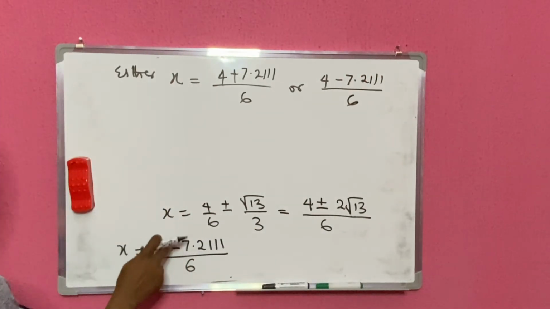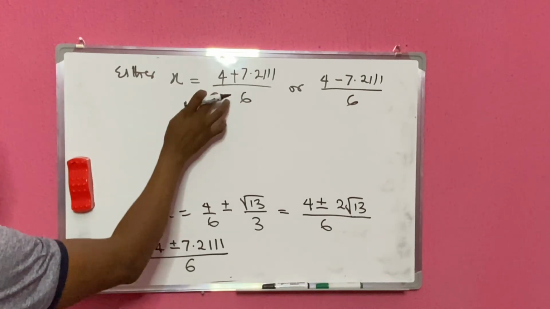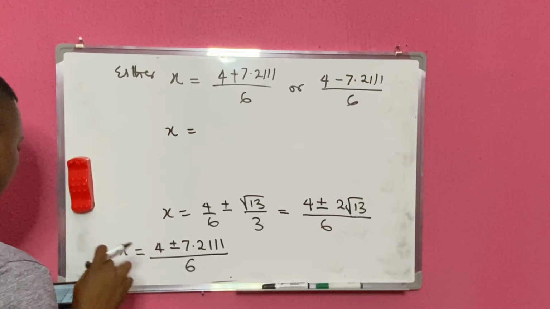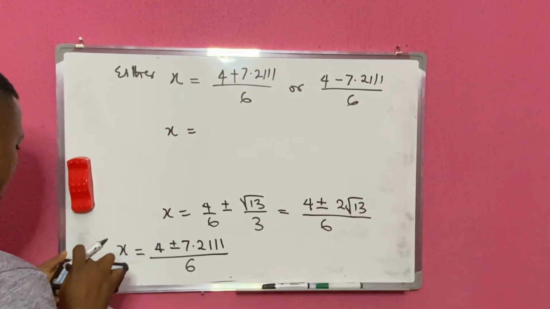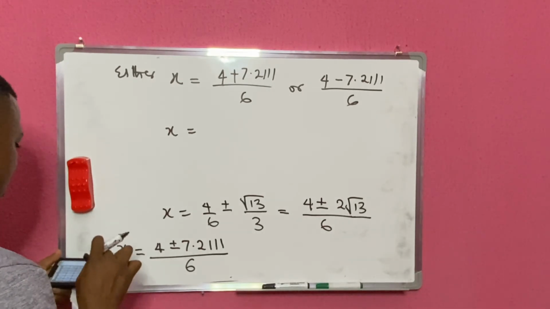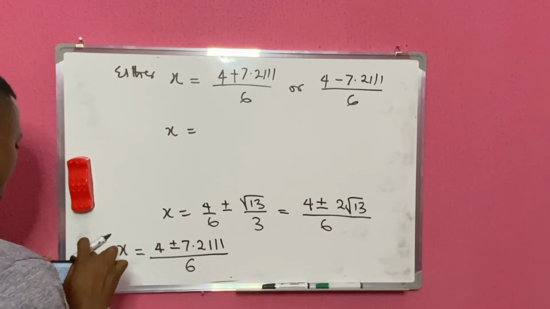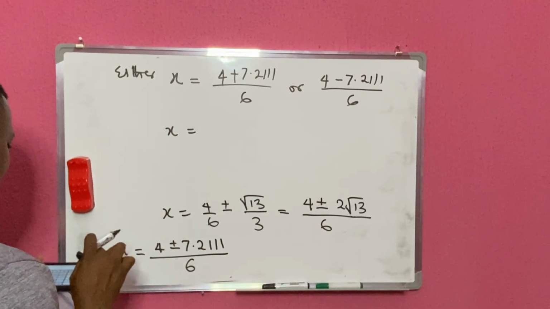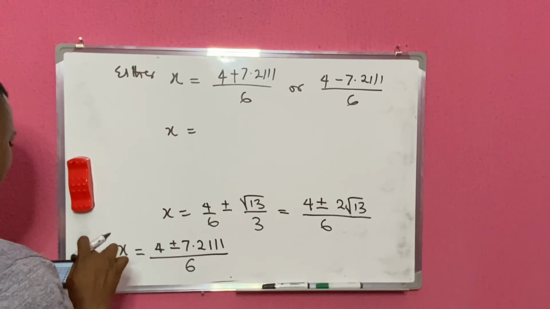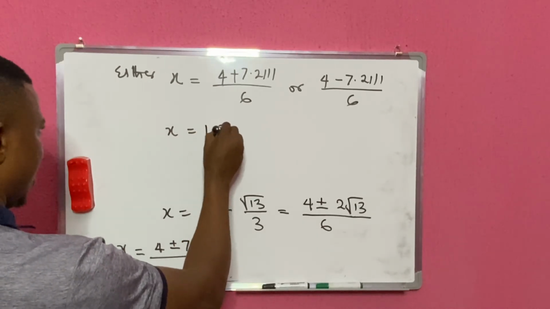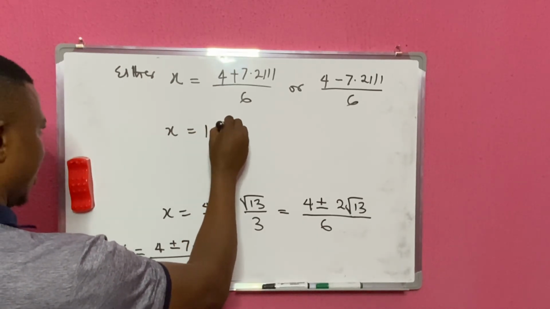Because we have plus or minus, we separate it for plus and for minus. x becomes 4 plus 7.2111 divided by 6, which will give you 1.87,